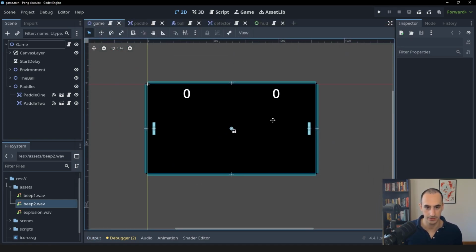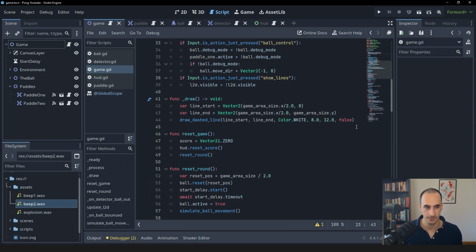And that's because if we go into the game script, there's a function here called _draw, which is a function of Godot, just like process and ready. And inside of here, we can draw stuff. I'm using the draw dashed line function to draw that dashed line in the middle of the game scene. But like I said, the problem is we can't see it when we're editing the scene. Using a tool script, we can actually make the line visible, make the line draw while we're in the editor as well. So what I need to do is I need to turn this into a tool script, and then